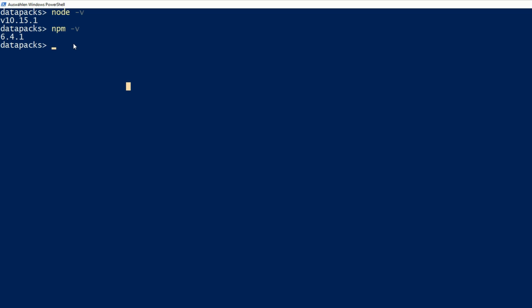And we will also use the Node package manager to install MCscript. We just do it by npm install -g, that means global. So it is not just available in the Data Packs folder, but on your whole system. And then we just say MCscript. So the command is npm install -g MCscript, and that will install